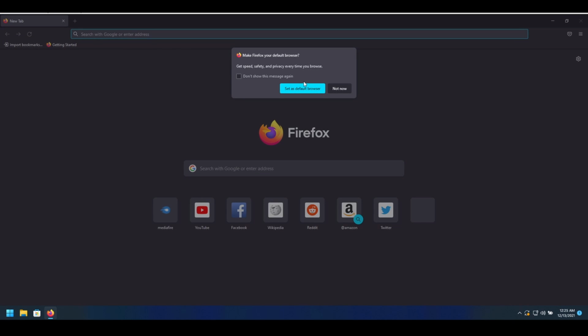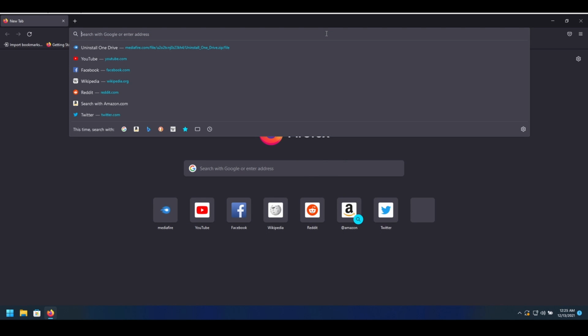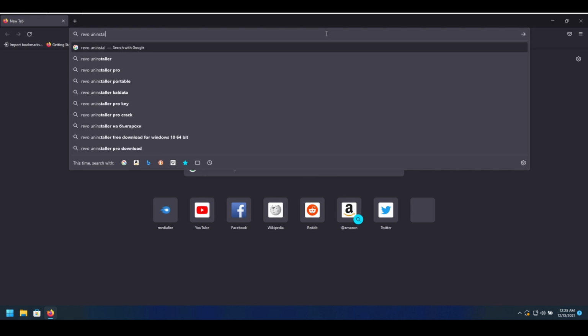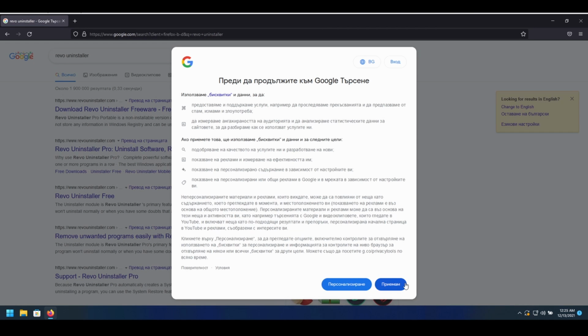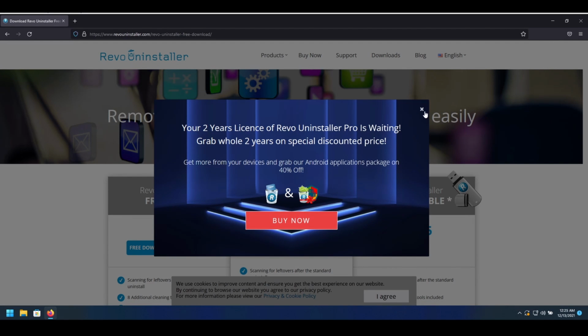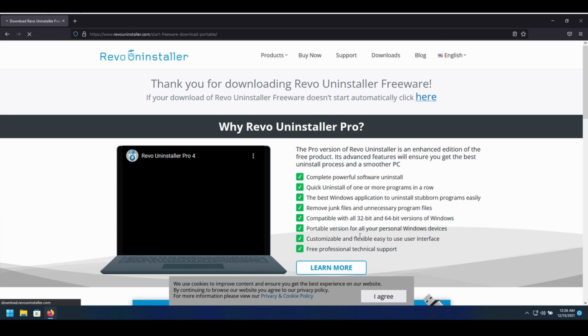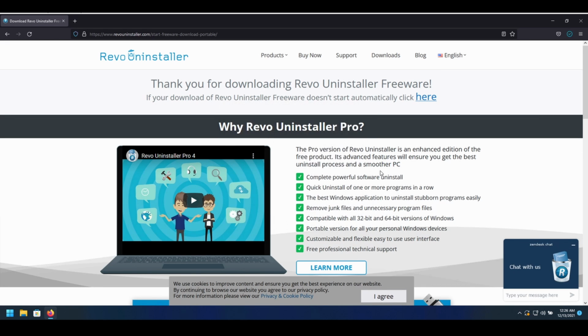So what we're gonna do is launch a browser and search for Revo Uninstaller. Let's go ahead and accept. And what I like about it is that the free version is completely enough for our needs. We can either download an installer or we can download the portable version, which in my opinion is the better option. When you click on the portable version, we're gonna save the file,